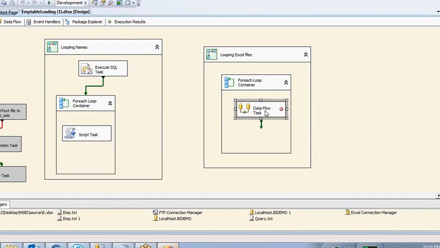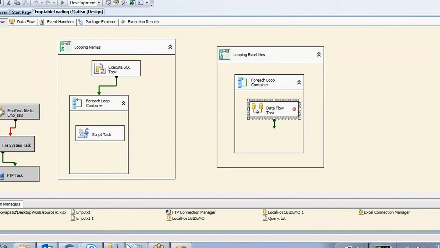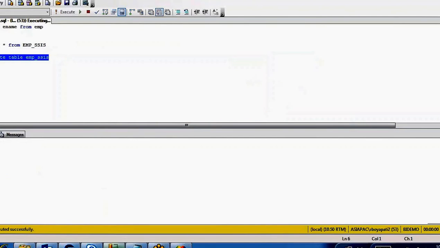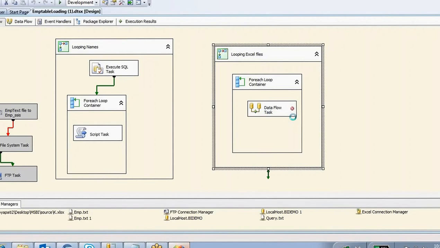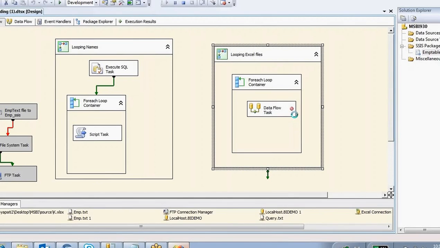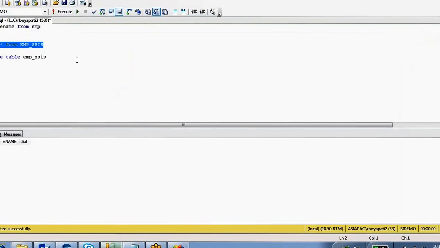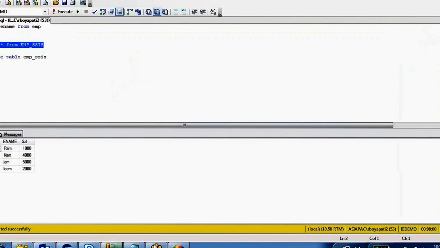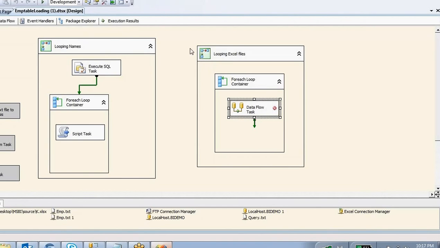So why is it failing? If I execute one more time, we'll see only 4 rows are coming. Initially it was loading 3 files 3 times, right? So what I'm going to do here, I'm going to recreate it one more time.